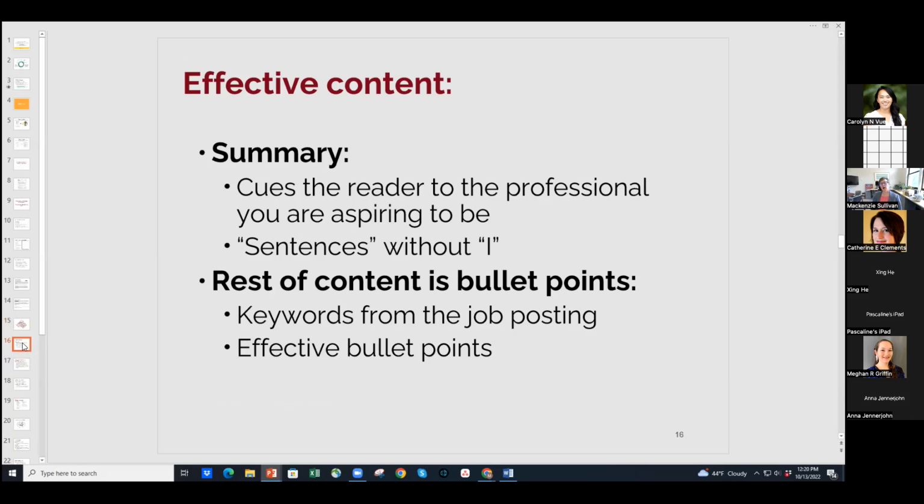Okay. When we're looking at effective content, right, we've talked about keywording. I never used to think that summaries were important, but I think they're particularly important for folks who are getting a PhD, who are looking outside of a traditional academic job. And I say that because a summary can cue the reader up to say, this is who I am, right? We looked at that last resume and somebody said, oh, that person's an academic. And that's great if you're applying for an academic posting, right? That's perfect.